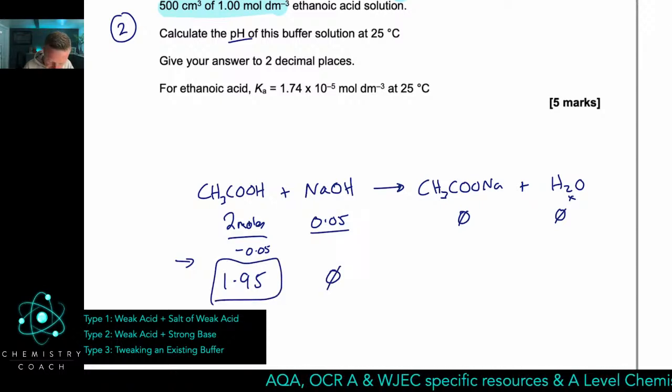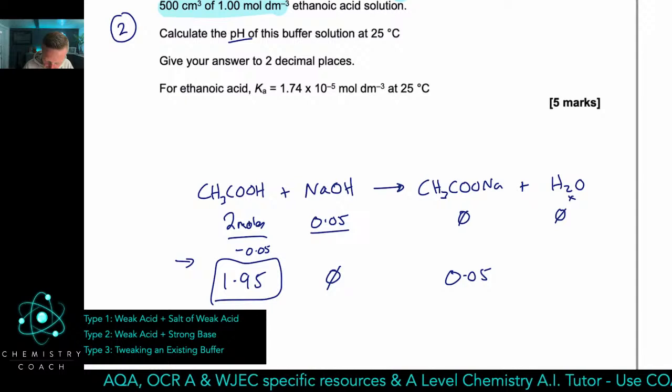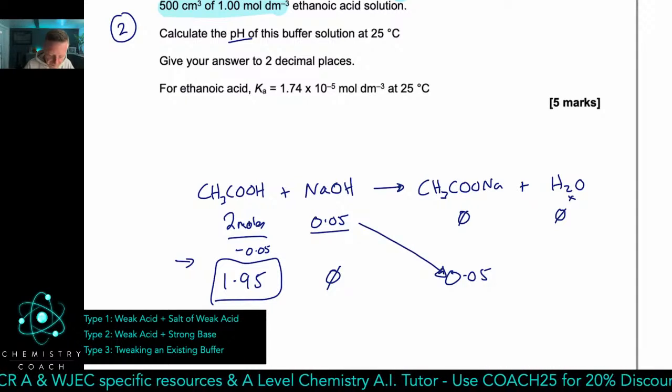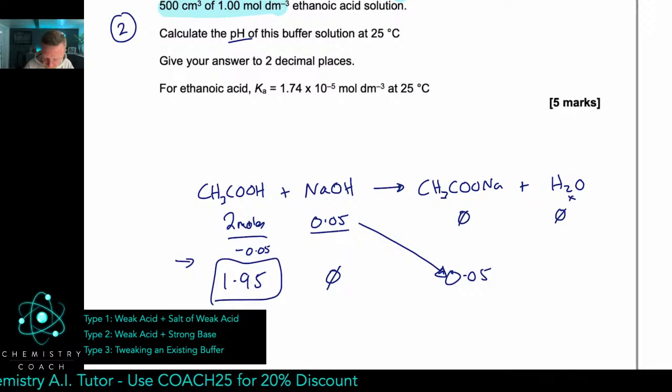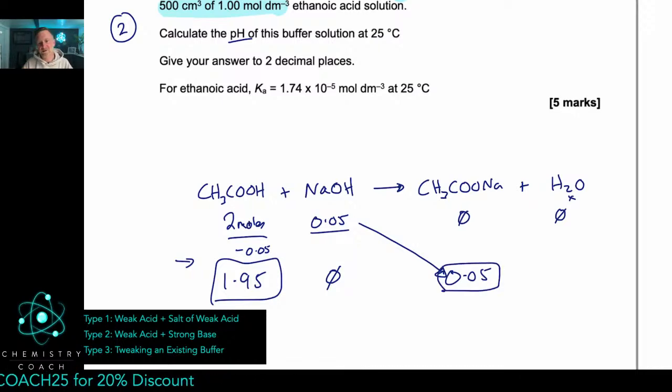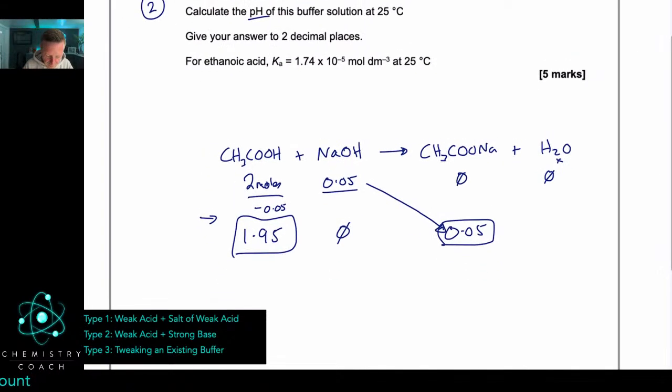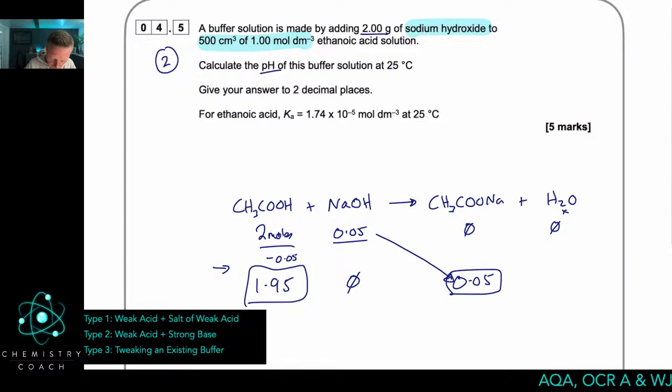This is going to be 0, but this is going to be 0.05, okay, because these two have reacted together. This is the limiting reagent, so that's why we've made 0.05 moles of our salt, okay? So now what we need to do is find the new